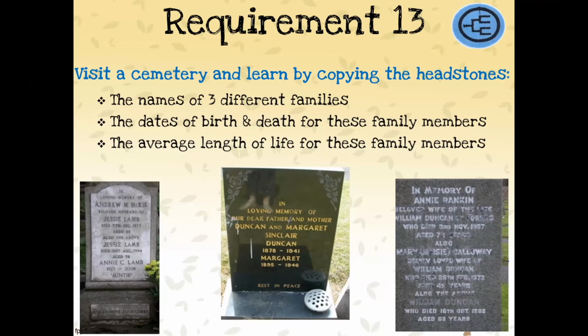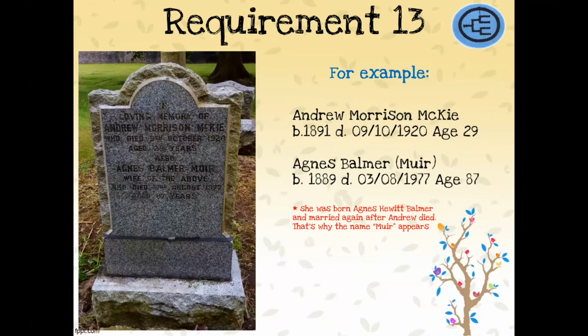We can tell the years, the dates in which they died, and usually you can tell the age at which they were. So from knowing the age they were when they died, you can work out most likely the year in which they were born. So you can also work out, you can either see on it, or you can work out roughly the length of their life. So the example I've given you here,